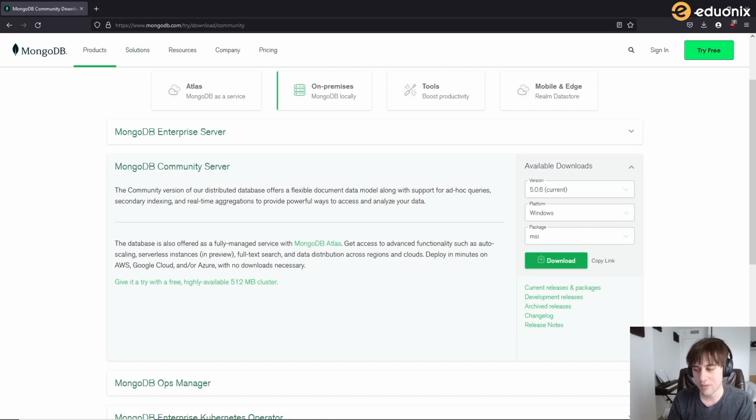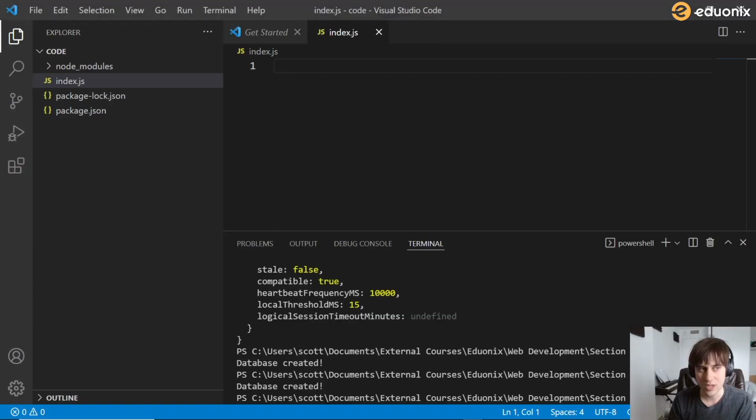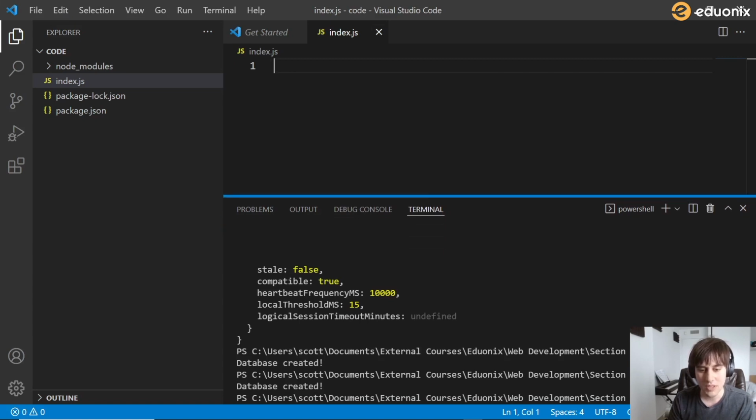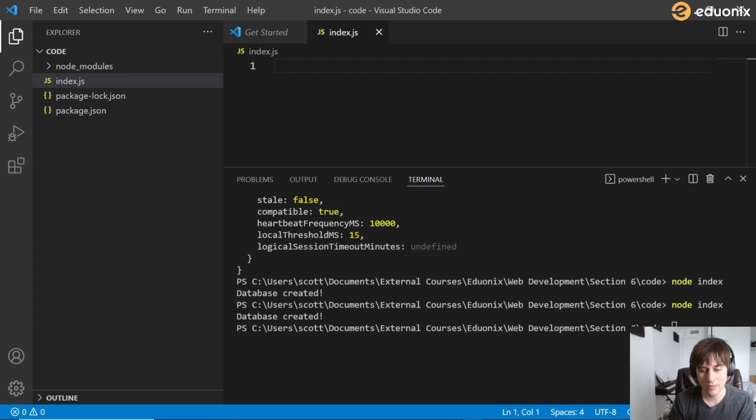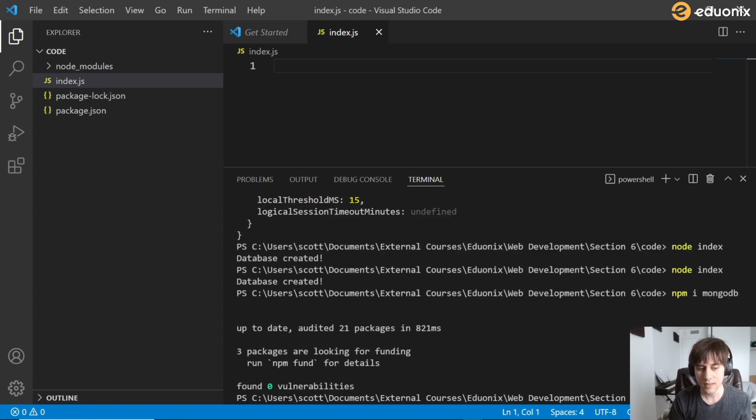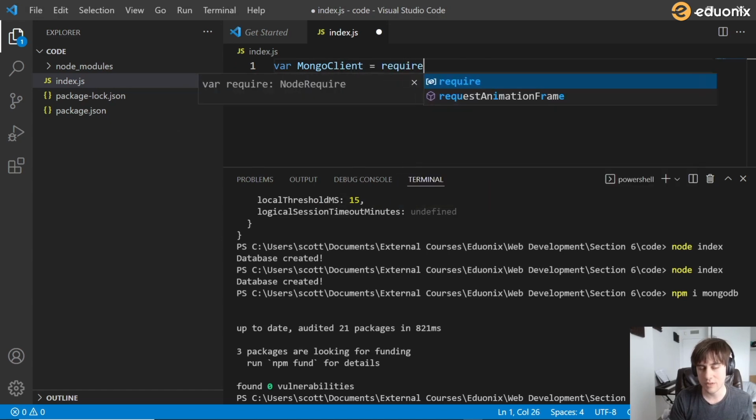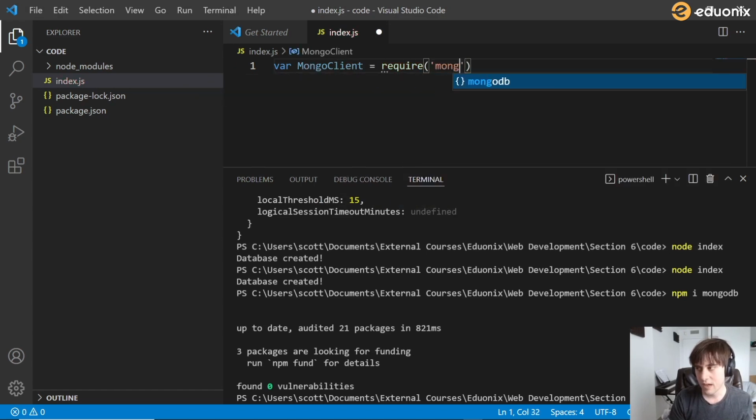Once you have done that, we're going to head over into Node.js, and I've created a new project here with just an index.js file in it. What we need to do is actually install MongoDB, so we can do npm i mongodb. Once that has installed, we can set up a connection to MongoDB in our actual program. The way that we do this is as follows. We're going to set up a Mongo client, which is going to be equal to require